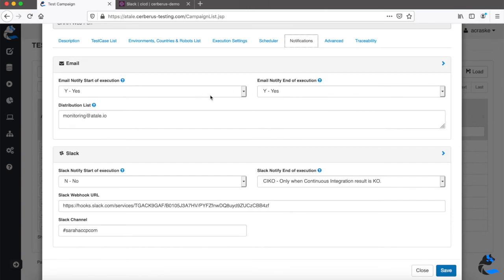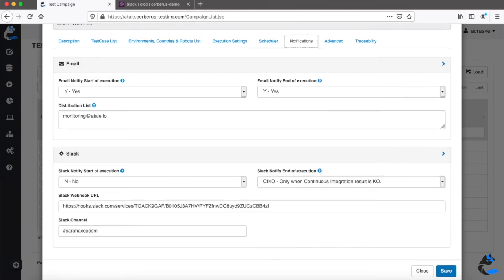In terms of configuration, as we want to be alerted only if there is an issue, in the Slack part this is why we didn't specify a notification at the start, but only if the result is KO. It allows us to receive alerts only if we have a specific issue with the web performance and avoids flooding or the alert fatigue we could have.